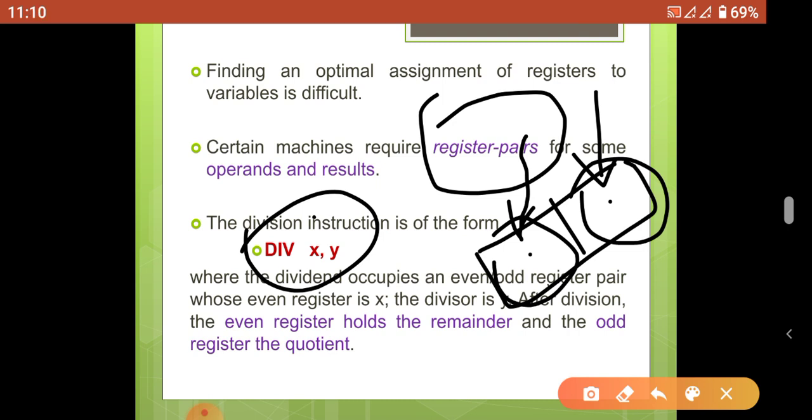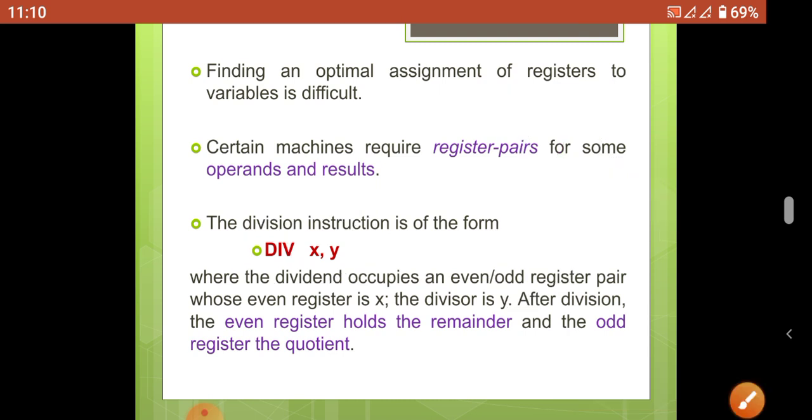First, the odd and even registers are used to store the x and y values. After performing this operation, these two registers are used for storing two kinds of result, that is the quotient as well as the remainder.